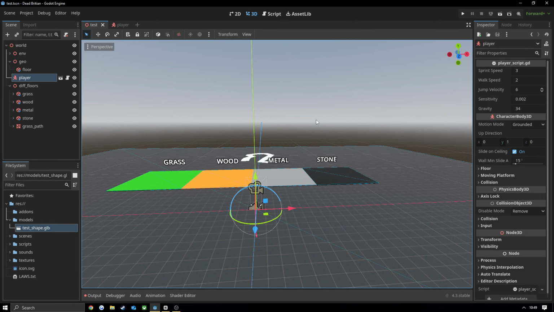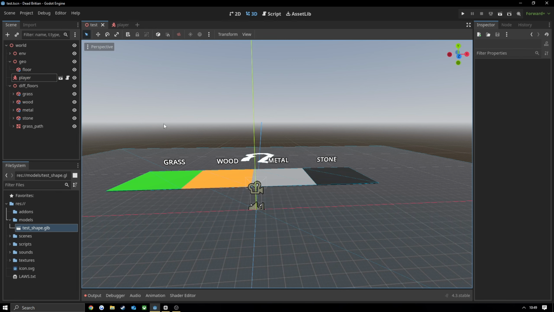Hello guys, I'm going to show you how to do different floor step sound effects depending on what surface you're on with basically no code. Sort of no code, but basically. Okay, so the first thing you're going to want to do is you're going to want to have different things